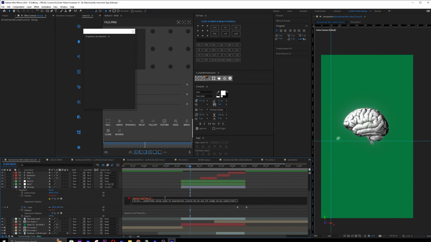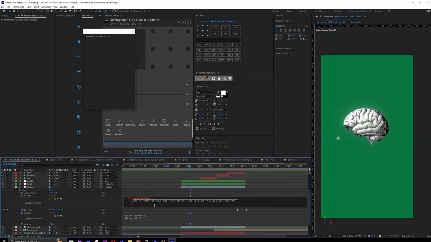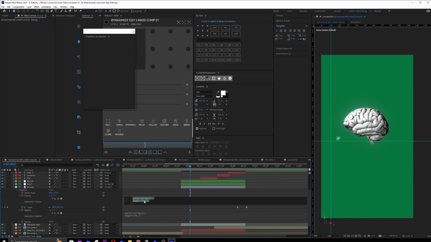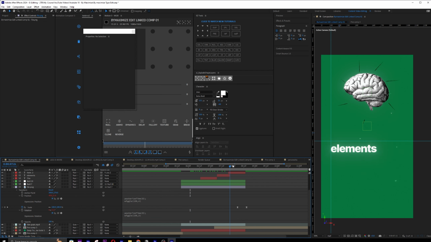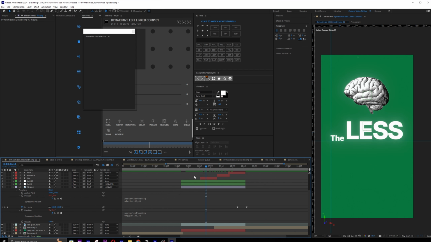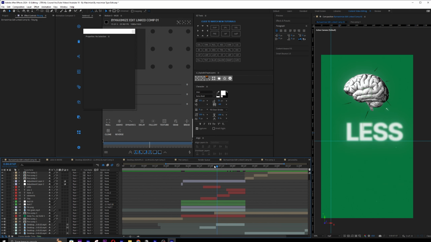Once you do that, you go down and add a wiggle effect. So if I write wiggle, the settings that I put were 150 or 200, yeah, I did 150 by 4. Oops, I did 1500. So just follow this. This is basically the amplitude and that is the frequency. So you can see the shake effect is happening. And I did this exact same process for rotation. Just hold Alt on your clock and copy and paste. So that was for the brain shake effect, which is very simple, nothing much.